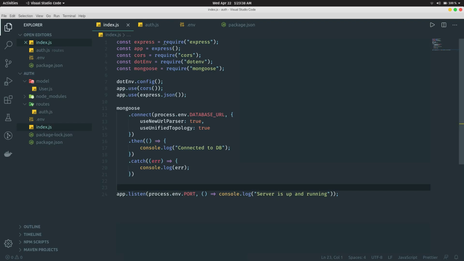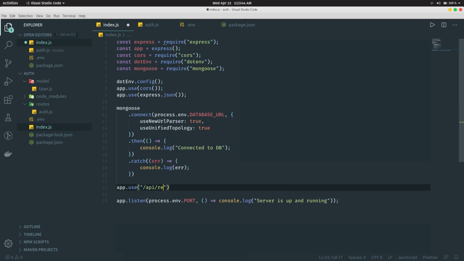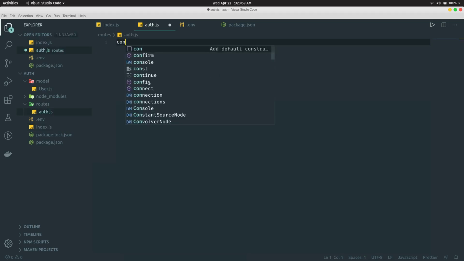In here we're going to do app.use('/api/register', require('./routes/auth')). Perfect. We'll come here to auth, and we'll